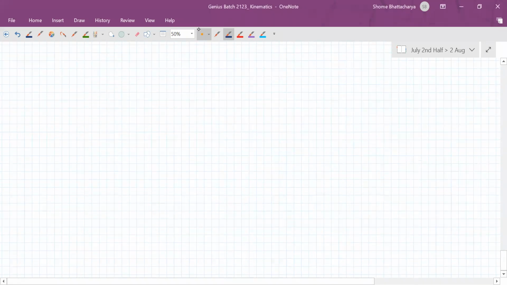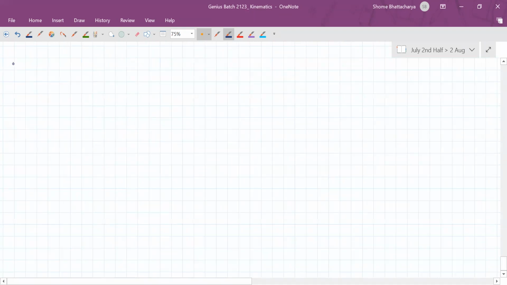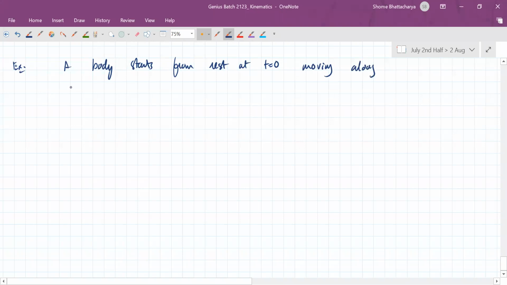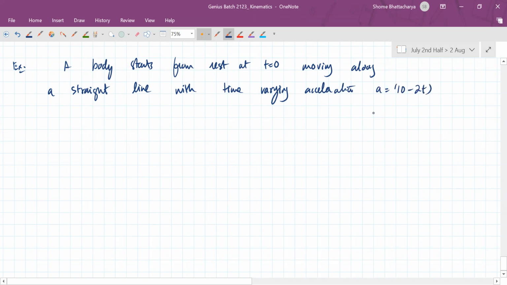Okay, so now let's look at an example. A body starts from rest at t equal to 0, moving along a straight line with time varying acceleration given by this: a is equal to 10 minus 2t, where acceleration is in meters per second square and t is time in seconds. So what we'll do is find